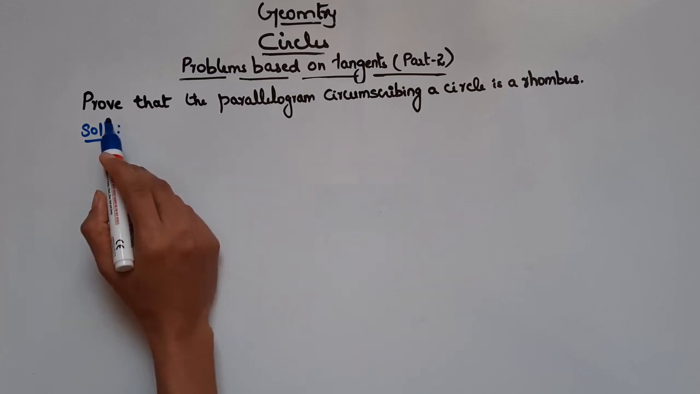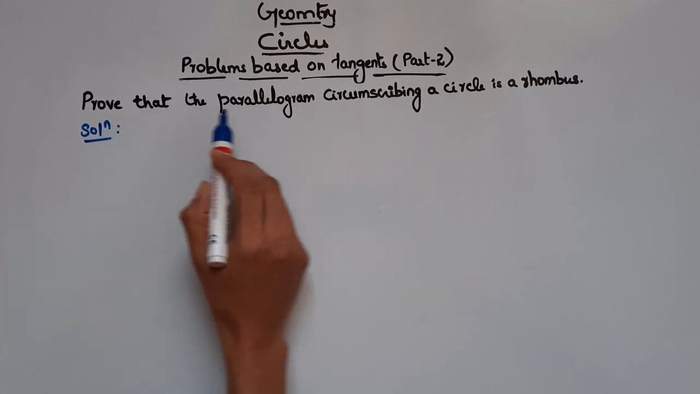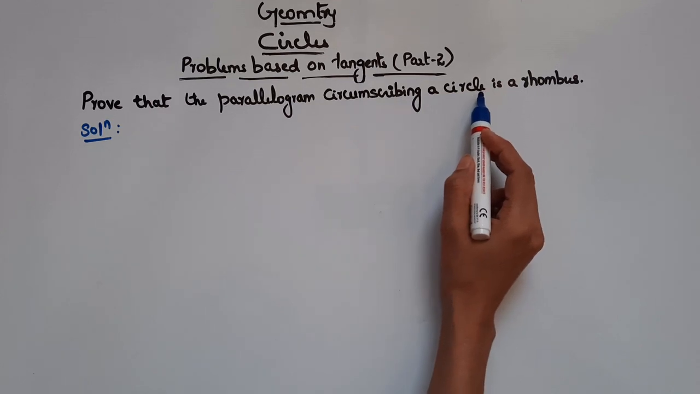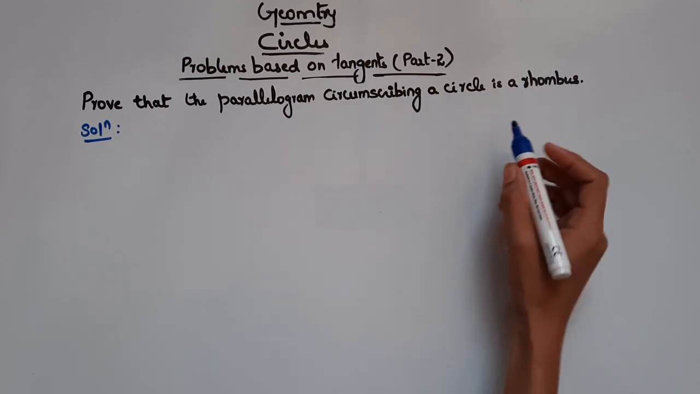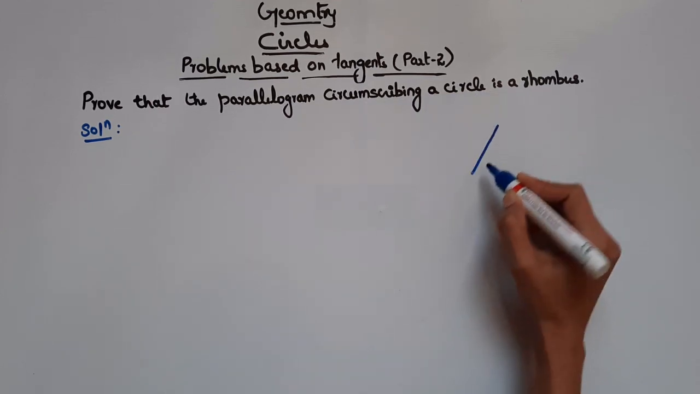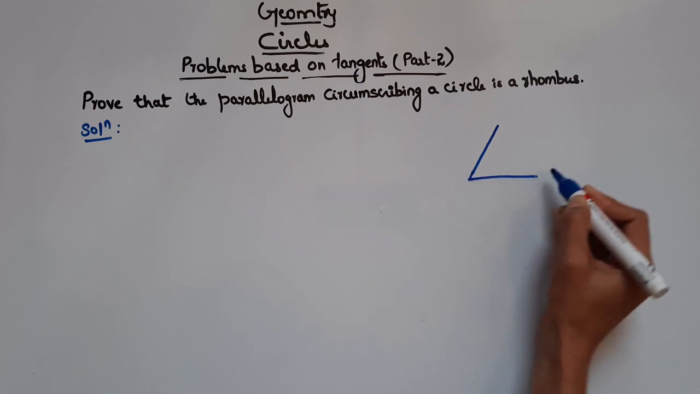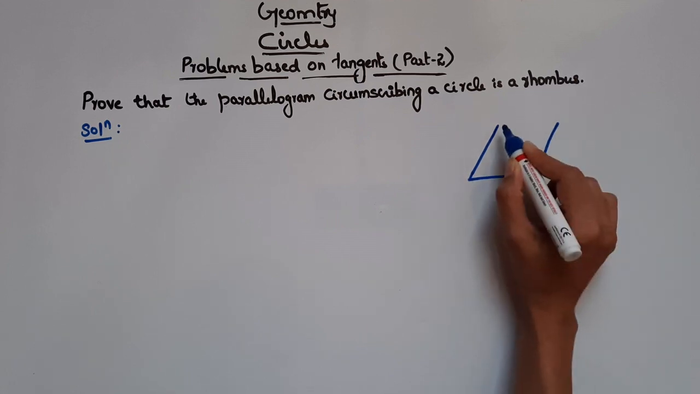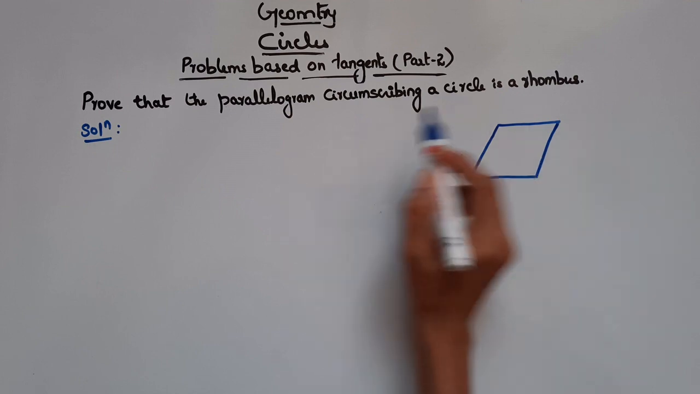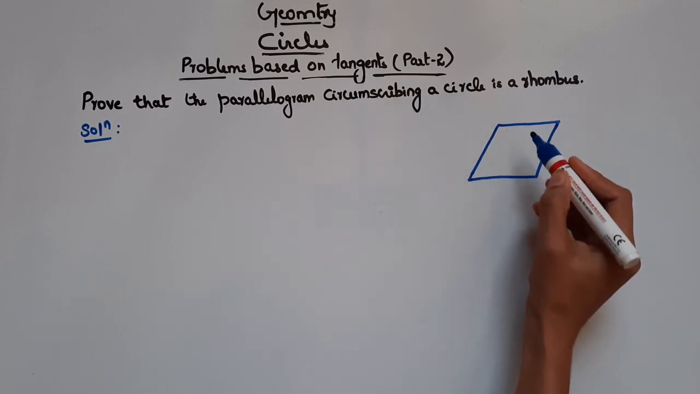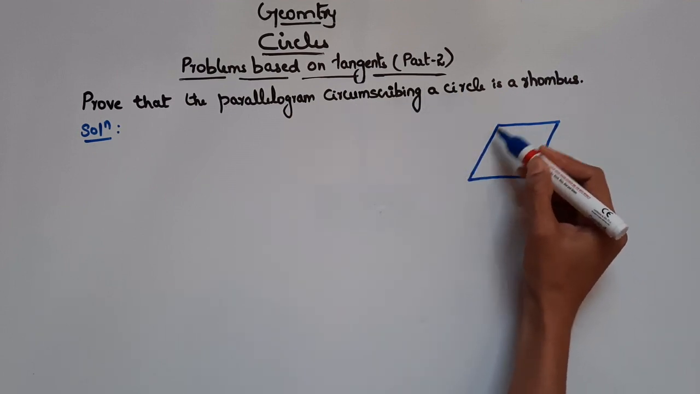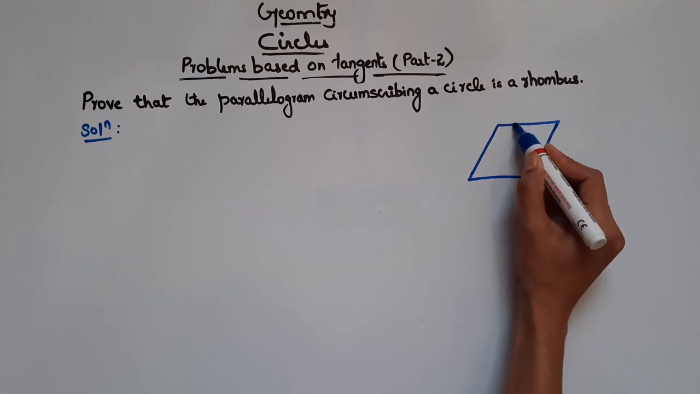Now let's see this problem. Here it says, prove that the parallelogram circumscribing a circle is a rhombus. So we have a parallelogram. We know in a parallelogram opposite sides are equal and parallel to each other, right? Circumscribing a circle means the circle is enclosed within the parallelogram. So we have a circle